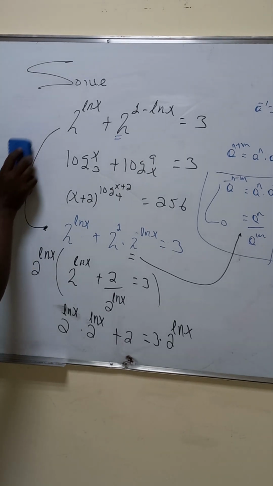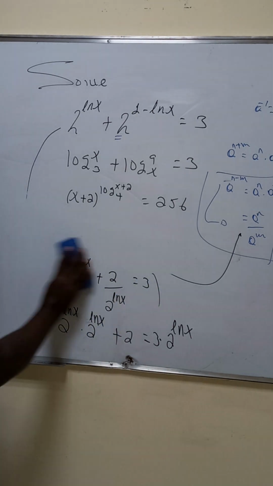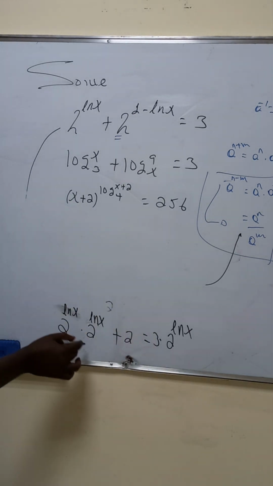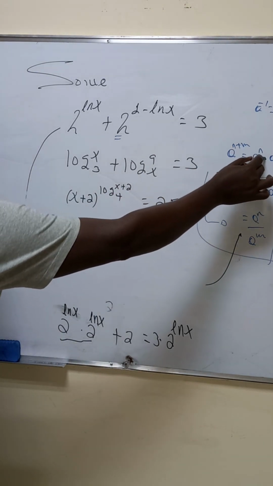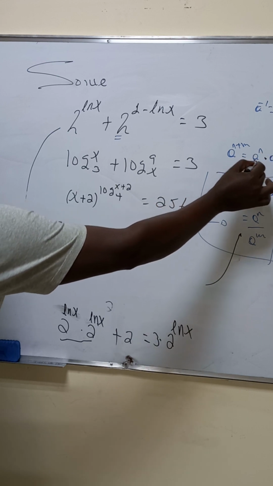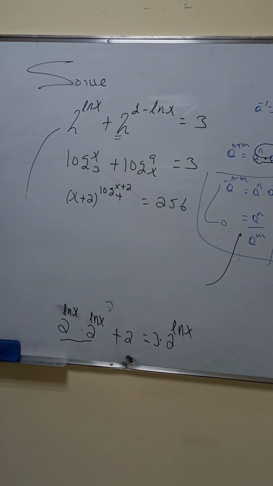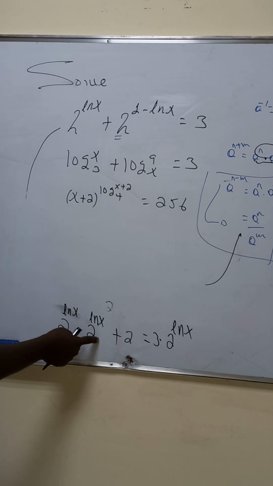Then after this, let's come back to this one. Now, to work on this, a raised n times a raised m, since their bases are the same, we can add the exponents. If two exponential expressions have the same base, whatever exponents they may have, we can add their exponents by taking one base. So 2 raised ln of x times 2 raised ln of x